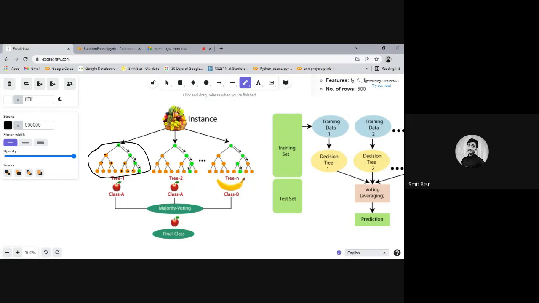Okay, and in real cases that is not very useful. Why? Because we may find in real life that all the attributes are the same, like valuable attributes such as salary.